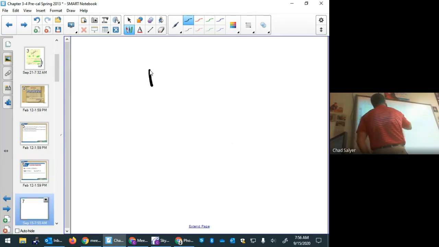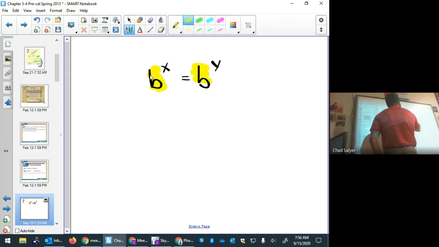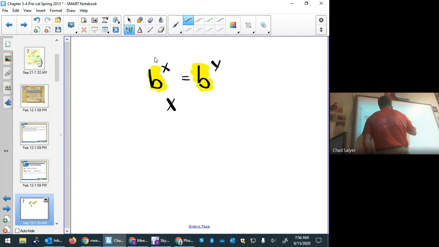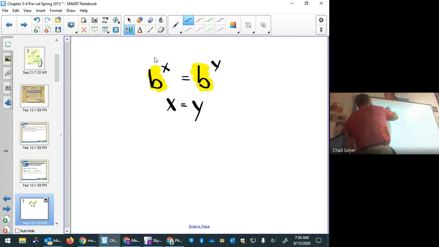If you've got b to the x, and that's equal to b to the y, as long as these bases match and are valid exponential bases. So if you have the same base, then the exponents must be equal. So b to the x equals b to the y means x equals y. This is the one-to-one property of